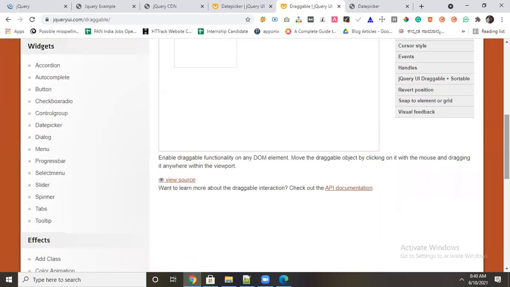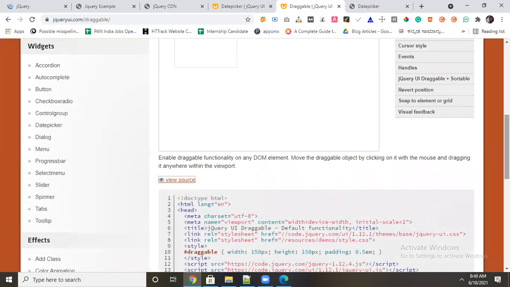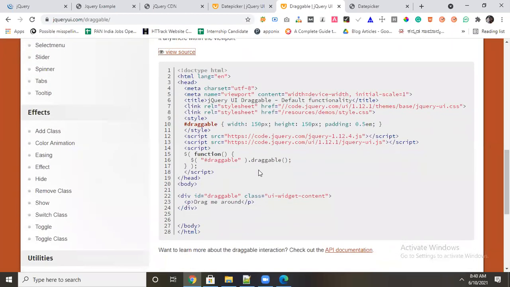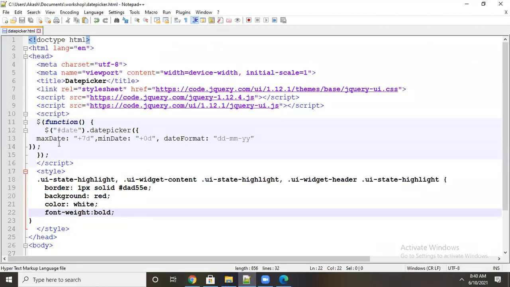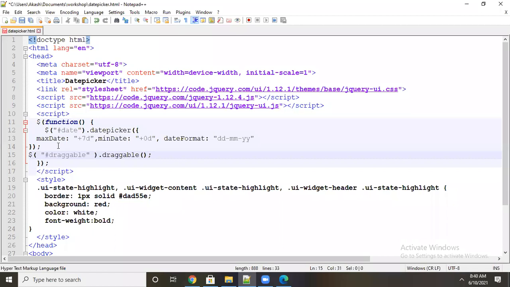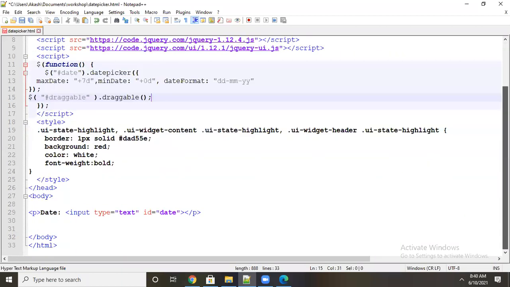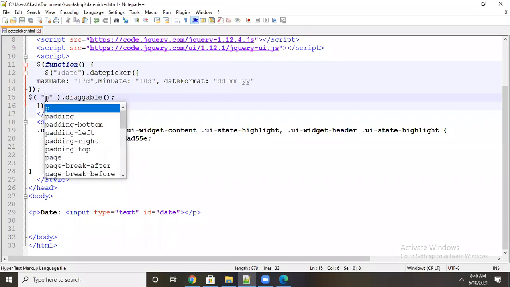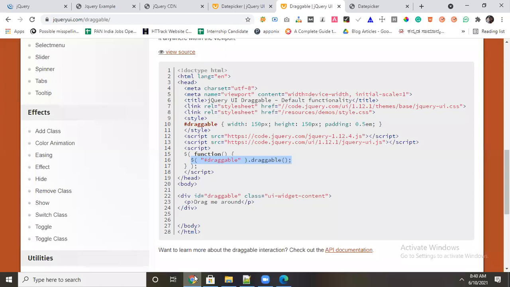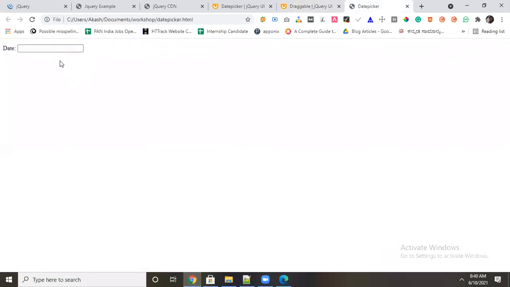If you come down to the source code, they will give the code. Only this code is enough, no need for the entire data. We have already connected it. Here itself, I will take it, enter, copy, paste. Okay, which is that ID I want to make draggable? I have to select it. For example, it is one paragraph. I want to make it draggable. Add a paragraph selection; you can use P. Automatically the paragraph will move.